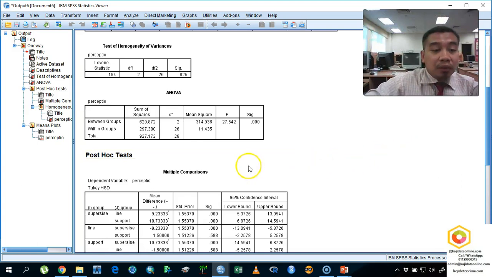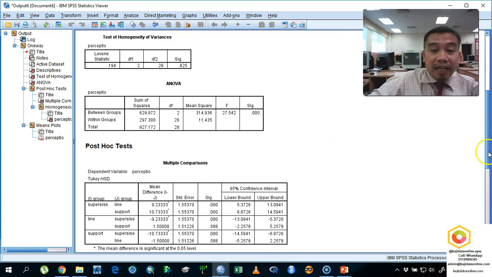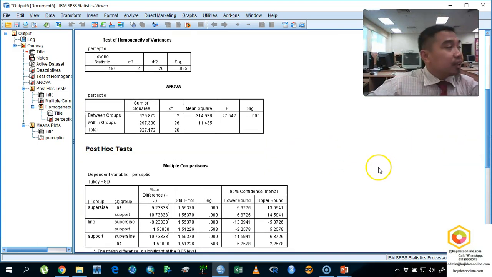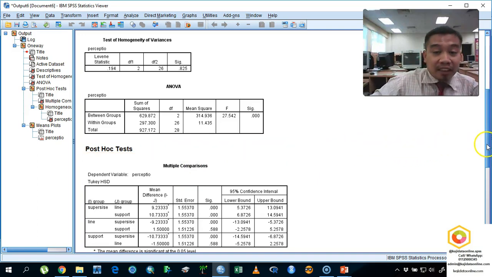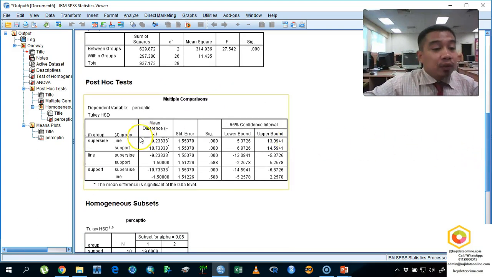Then what do we conclude? Based on our result, we will say that there is a significant difference in terms of their perception score between the groups, which are group 1, group 2, and group 3, supervisory and so on and so forth. Okay, I'm going to explain the post hoc after this, because the time is almost